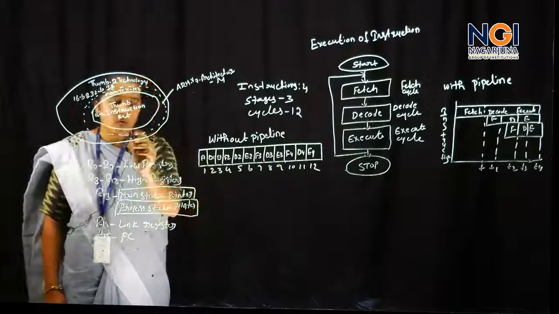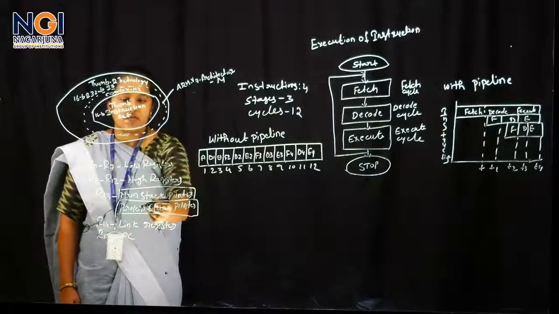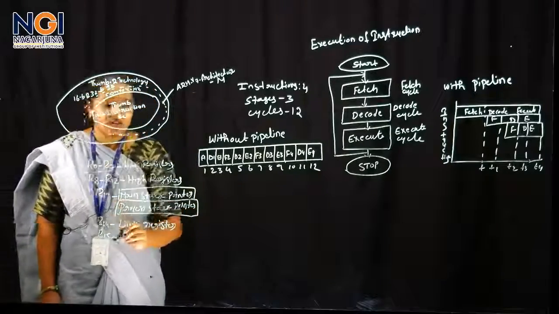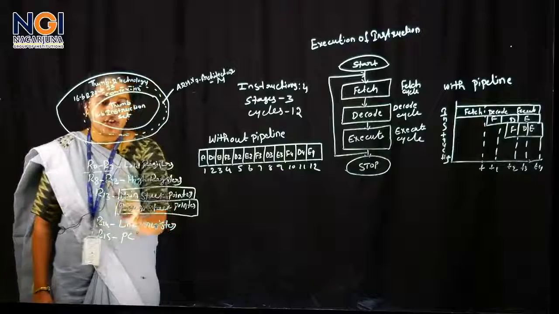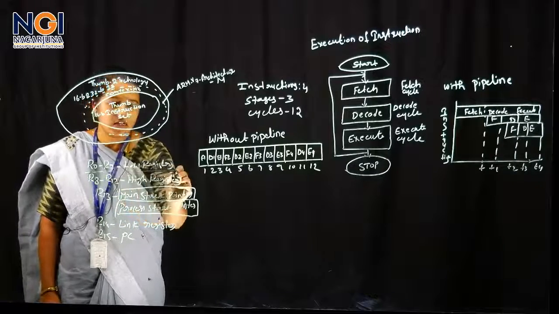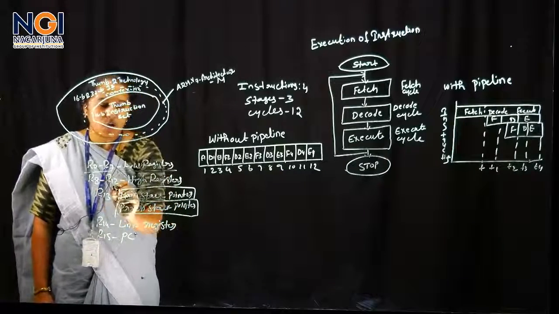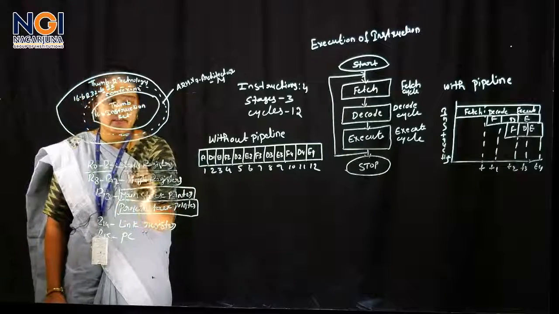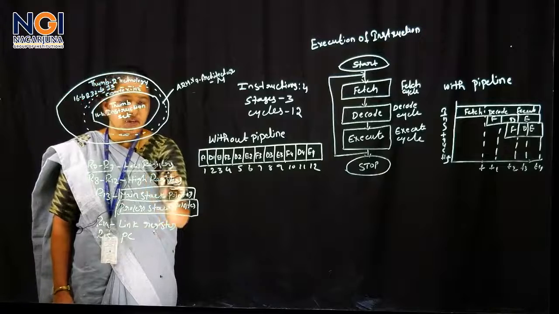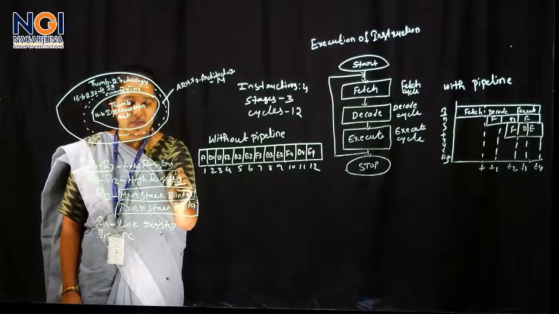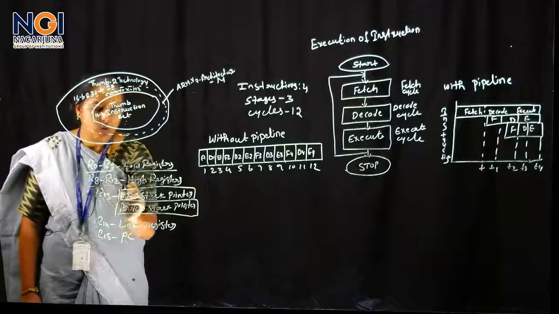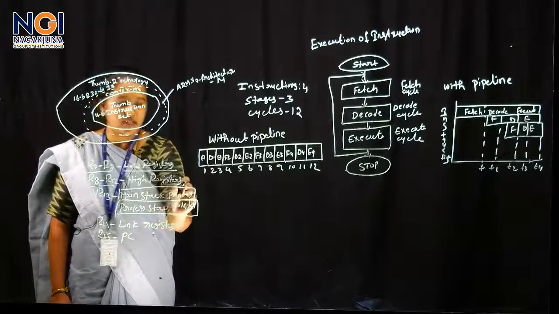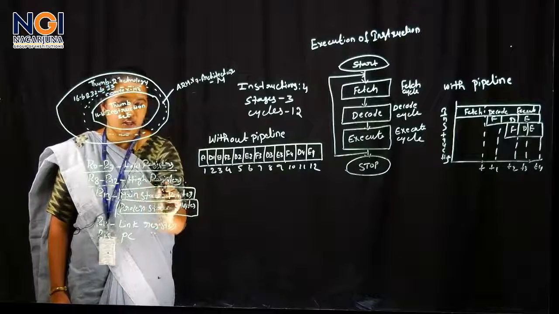Now I want to discuss the registers of the ARM processor. We have the general purpose registers R0 to R15. R0 to R7 are also called low registers, and R8 to R12 are also called high registers. R0 to R7 can be accessed by the 16-bit Thumb instructions and also the 32-bit Thumb instructions. R8 to R12 can be accessed by the 32-bit instruction set but not by the 16-bit Thumb instruction set.